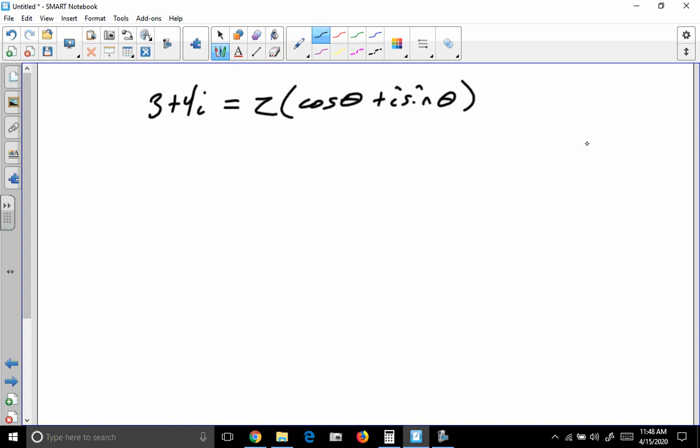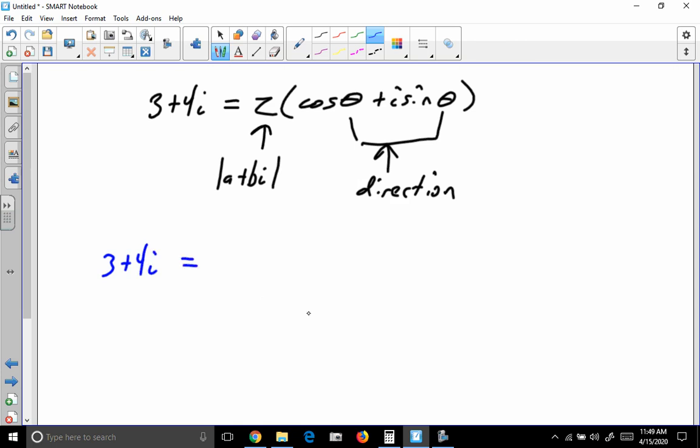And I can't remember if they use z or if they use r, what they use for here. But where that value is the absolute value, and let's just do it like this, the absolute value of our complex number, and these angles, which are going to be the same angles, that's the direction. So 3 plus 4i can be converted into trig notation as 5 times cosine 53.1 degrees plus i sine